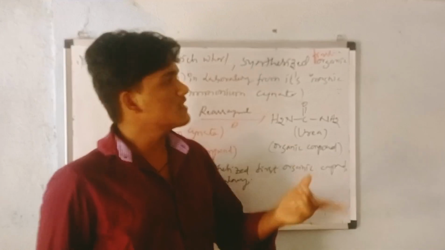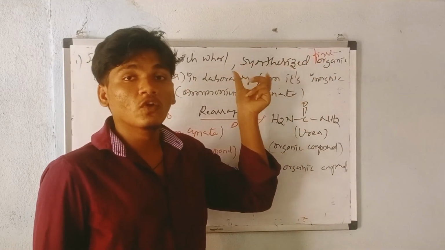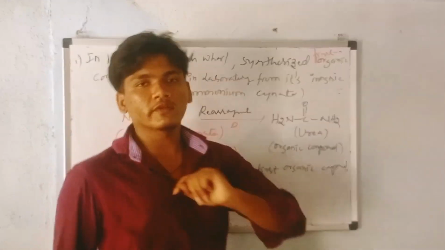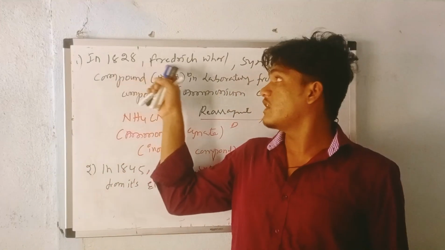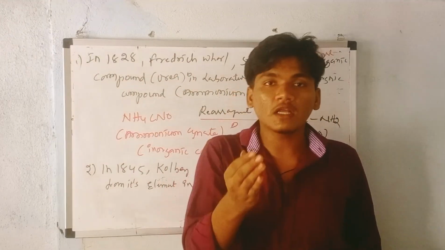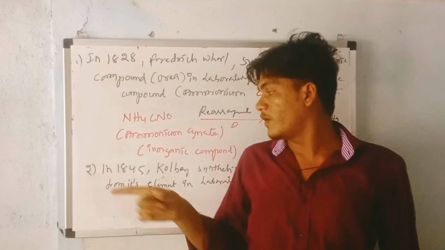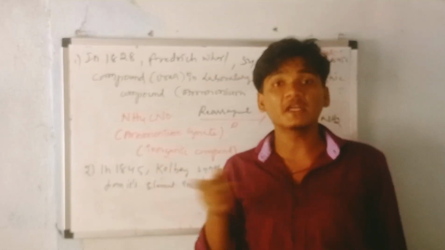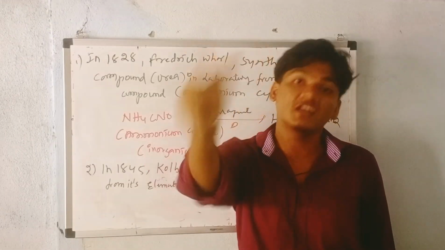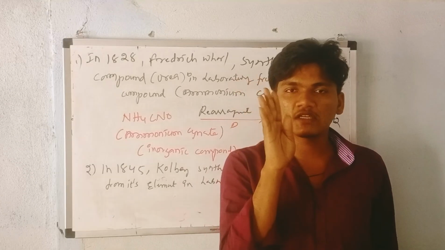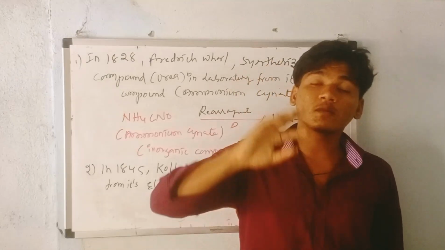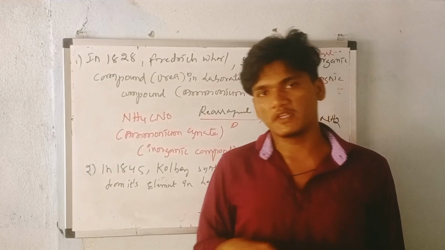And what the difference means, this first is due to the organic compound synthesized from inorganic compound. Here the scientist named Friedrich Wöhler synthesized the organic compounds from inorganic compound. But when you come to the Goldway in 1848, he synthesized the organic compound from its elements. Then you want to understand the question, that is whether they are asking about inorganic compound or its elements, right?